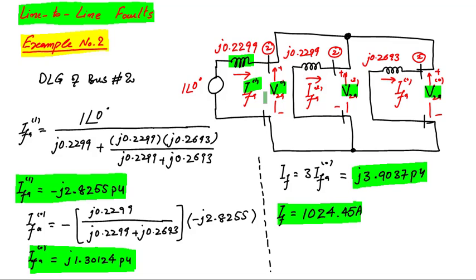So the only difference in the analysis of these three different types of fault is the calculation of the three sequence components of fault current and then calculating the fault current, because the definition of fault current is different for all three unsymmetrical faults. So here I summarize the results of three unsymmetrical faults. First thing is the sequence characteristic equation. We compare it for three unsymmetrical faults: single line to ground, line to line and double line to ground fault.